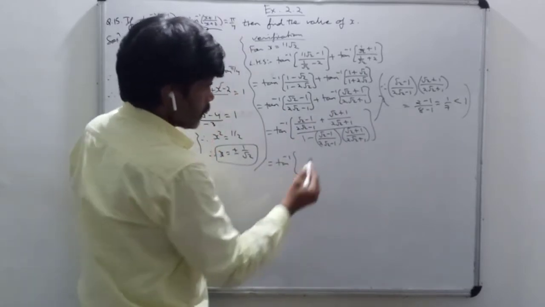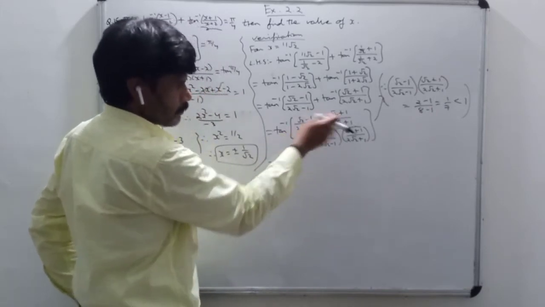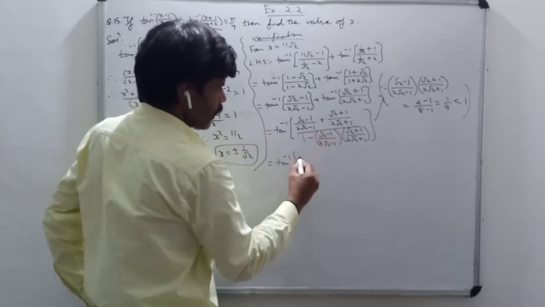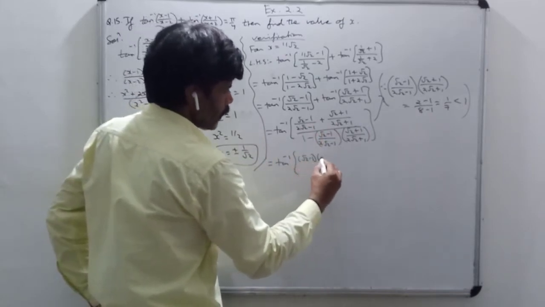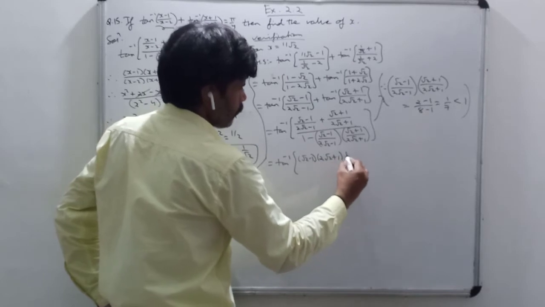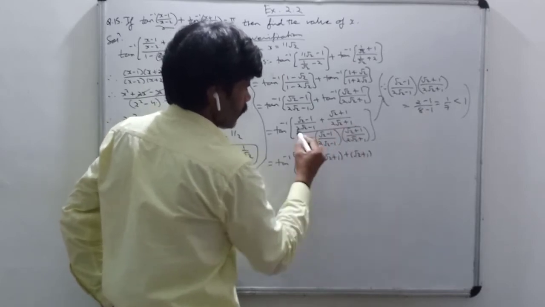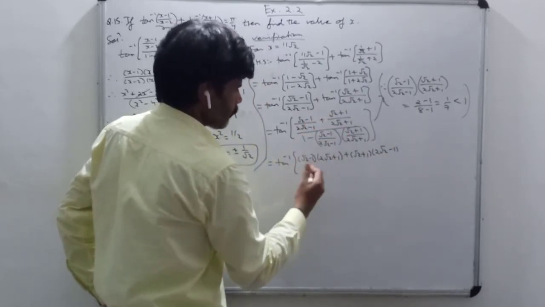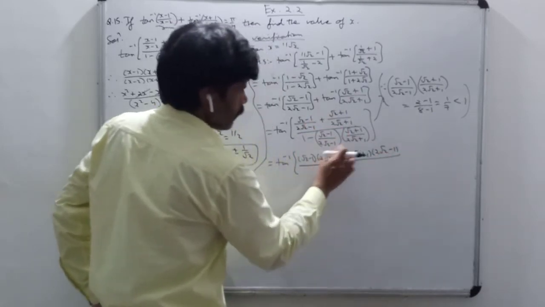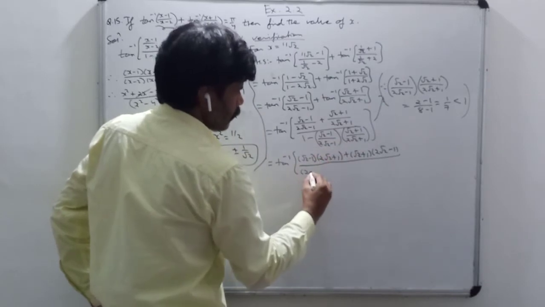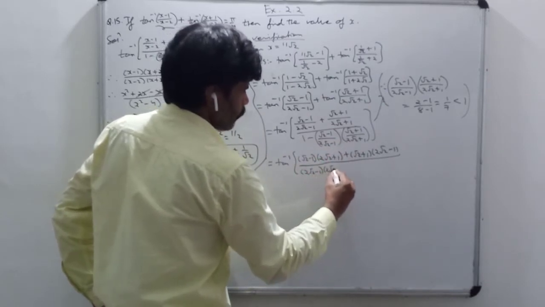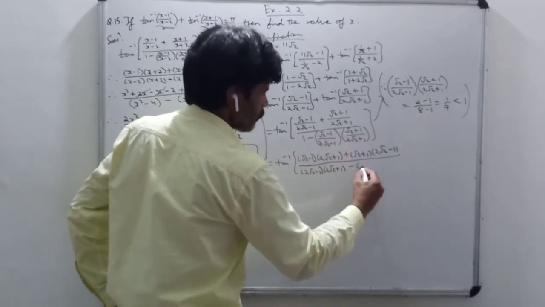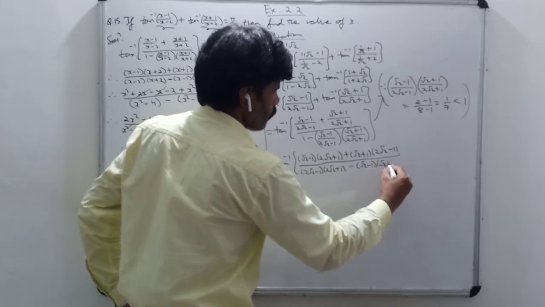Now when we take LCM, what is the common LCM? Both numerator and denominator are having the same common LCM, so that will get cancelled. So here what will we get? Root 2 minus 1 into 2 root 2 plus 1, plus root 2 plus 1 into 2 root 2 minus 1. This will be multiplied by this and this will be multiplied by this, upon 2 root 2 minus 1 into 2 root 2 plus 1 will be multiplied with 1 minus numerator as it is, second term, root 2 minus 1 into root 2 plus 1.